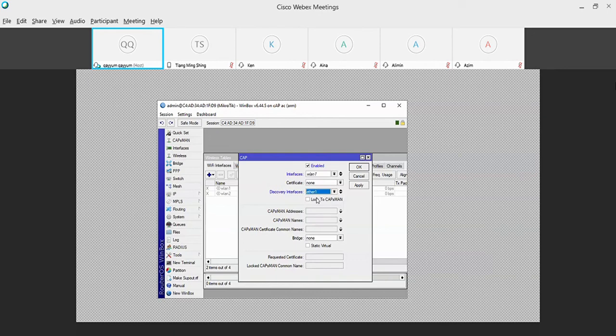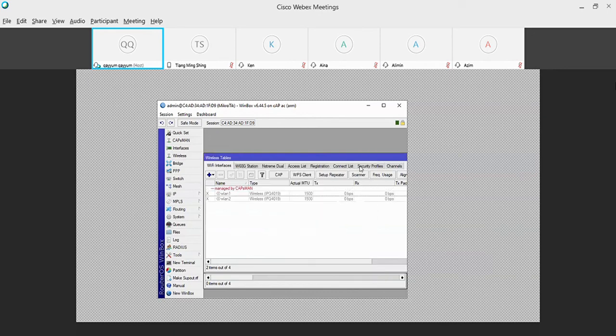So I choose port 1 and then I apply. You will see it written here, which means that my WLAN1 is controlled by my CAPsMAN manager. Now I need to connect my CAP to my CAPsMAN, so let me reconnect my CAP.